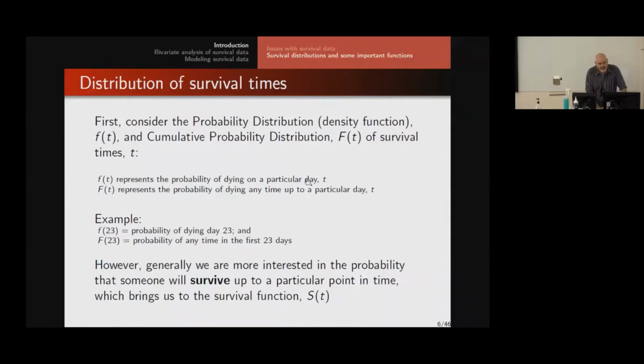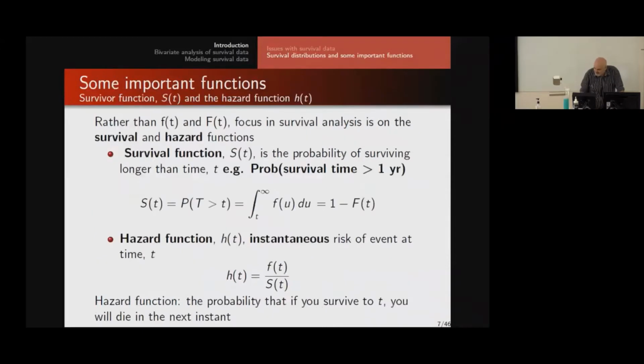Now, the thing is we do not directly use these distributions. We use what's called the survival function, which is very closely related to both of these distributions, because really, capital F of T is just the cumulative version of small f of t. Okay, so what is this survival function? How is it calculated? I figured this is the first time I've thrown a bit of calculus up. So you've gotten away scot-free up until this point, and I don't expect you to understand this,